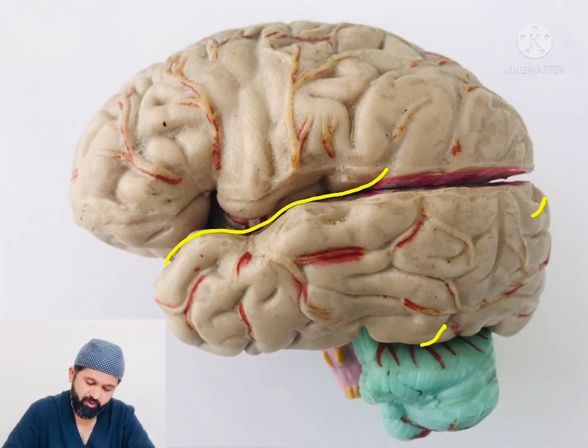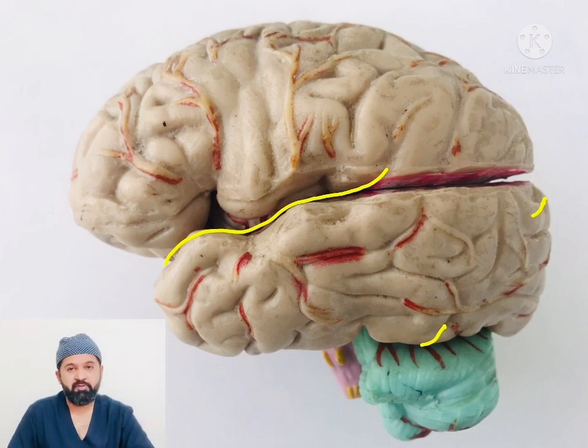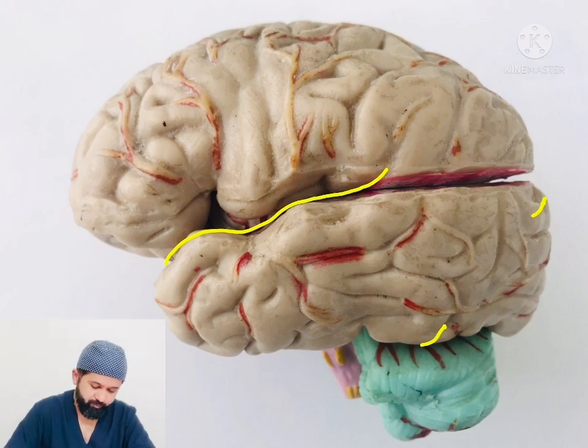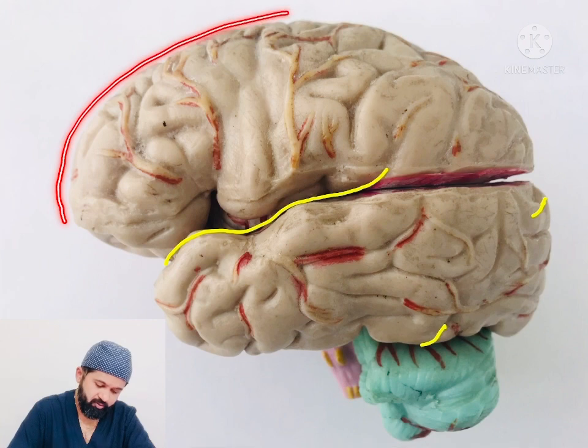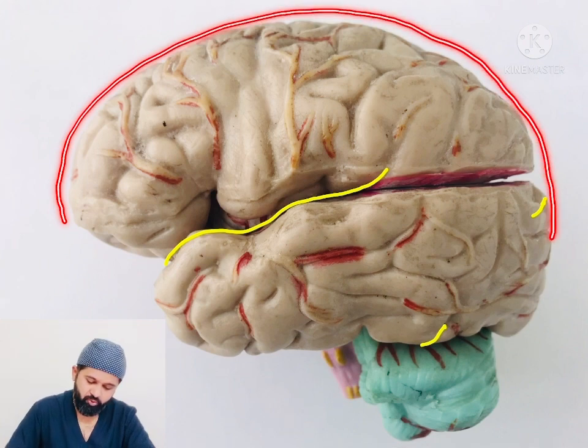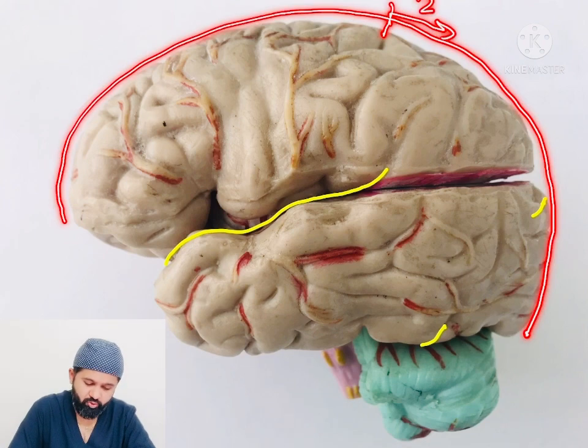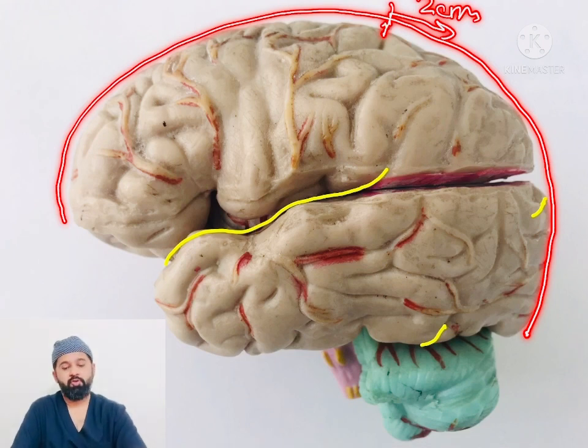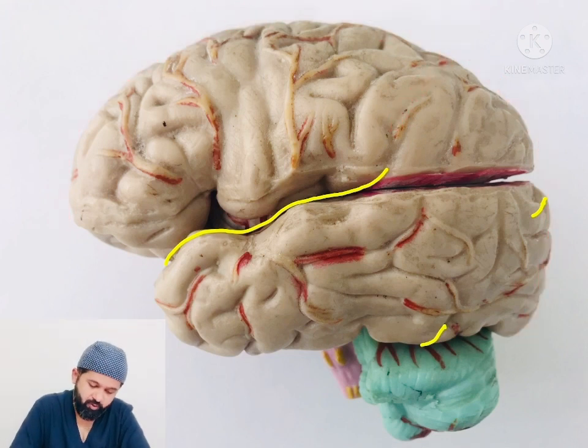The frontal lobe is divided from the parietal lobe by a chief sulcus, which is always the central sulcus. Now the location of the central sulcus is fairly constant, and it can be located by joining a line from the frontal pole to the occipital pole and finding the midpoint of this line. The central sulcus lies around 2 cm posterior to the midpoint of the line joining the frontal and the occipital pole. So here is where we will draw the central sulcus.